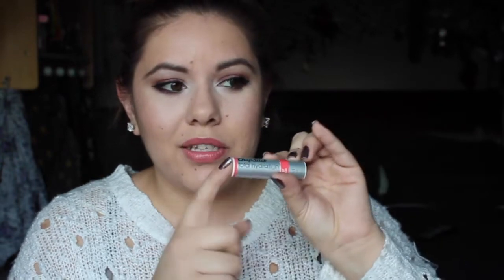And I was very proud of myself when I finished this because I tend to lose my chapstick before I finish the things. But this one I actually did completely finish up. Like, I was being super careful. I love the scent slash flavor of this sweet peach. And this is a 3-in-1 chapstick total hydration. It is super hydrating, super comfy, and I just really like this one. And like I said, I really babied it because I was like, I'm probably gonna lose it. I'm determined. I'm not gonna lose this chapstick, and I didn't. So yay! Do you guys ever do that? Like, I lose chapstick. Like I said, I have chapstick everywhere, but that one I was like, you're not gonna